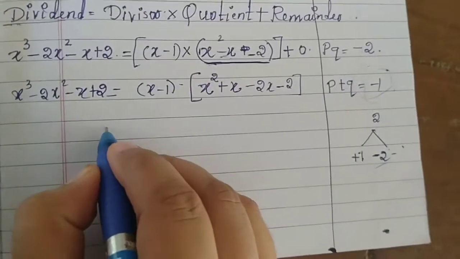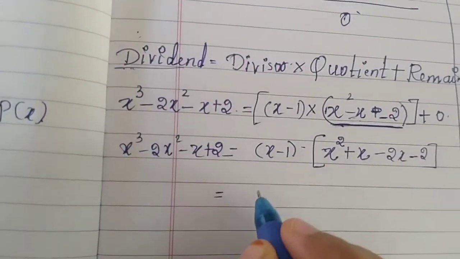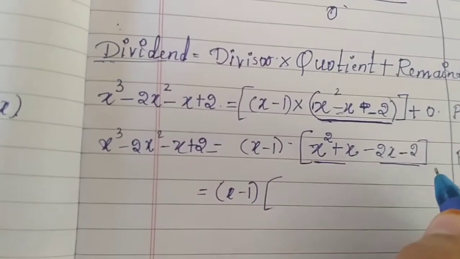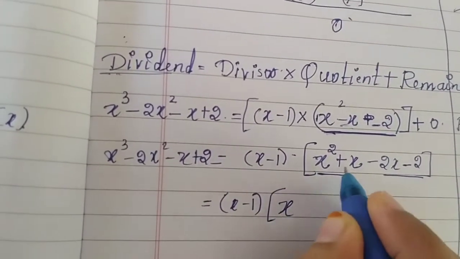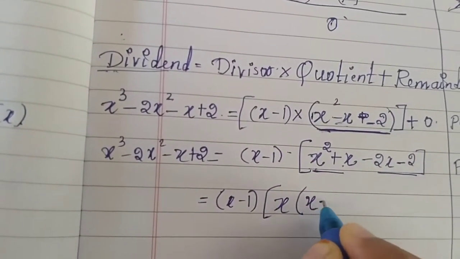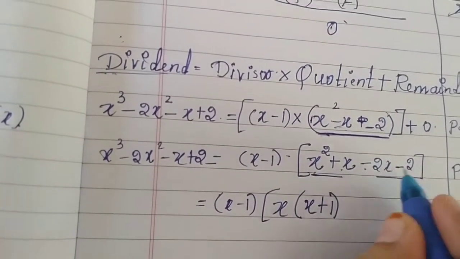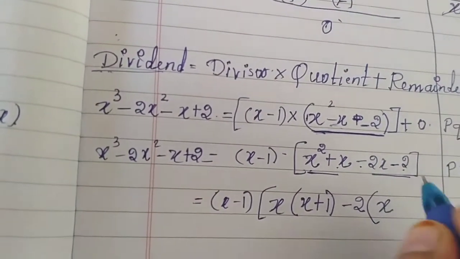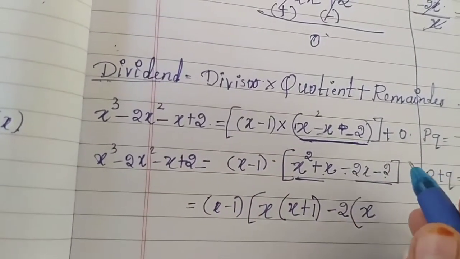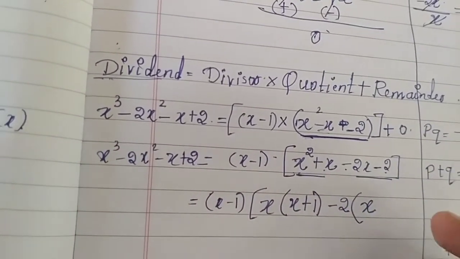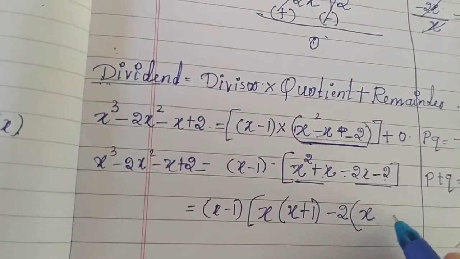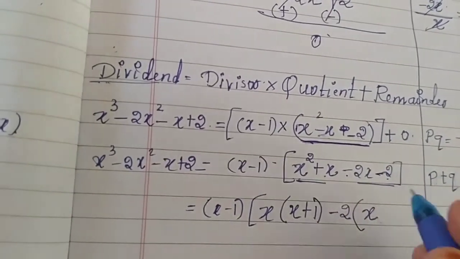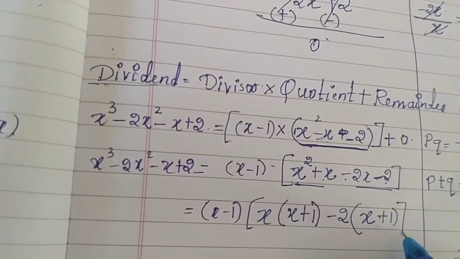So this will be equal to x minus 1 into, now you have to group these terms, isn't it? After grouping, which is the common term over here? x is the common, and what is remaining? x plus 1. Here which term is common? Minus 2 is common over here. What is remaining? x. Here already we have taken minus outside. I told you, right, whenever you take the minus sign outside, whatever sign is inside the bracket will change to the opposite sign. So here minus 2 I have already taken out, which means the remaining thing is plus 1.